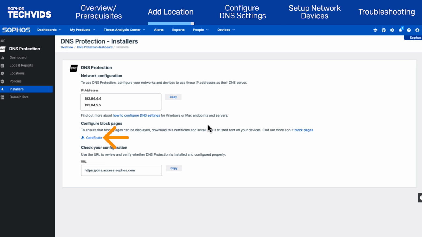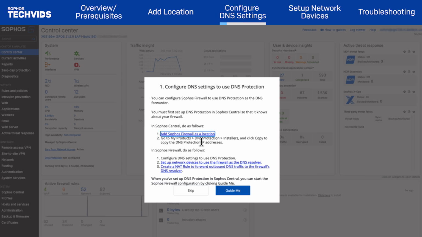We've added new Sophos Assistant interactive guides to walk you through the new features in Firewall v21.5. I'll demonstrate that here. If you've never used a Sophos Assistant interactive guide before, when you launch one, you're given an overview of the steps and any prerequisites that must be met before proceeding. As indicated, the firewall location must first be set up in Sophos Central, which I already demonstrated, so I'm ready to begin with the firewall setup steps, starting with configuring DNS settings.